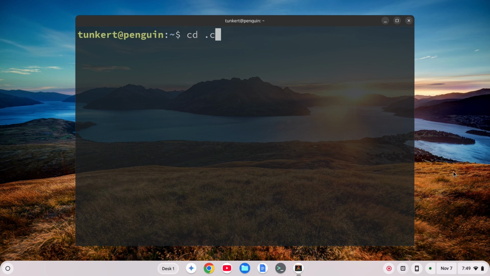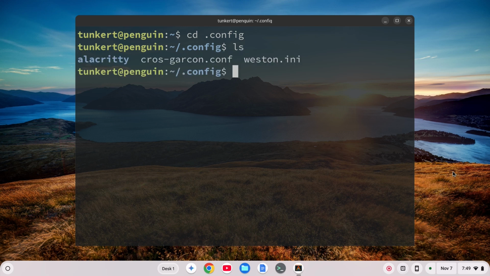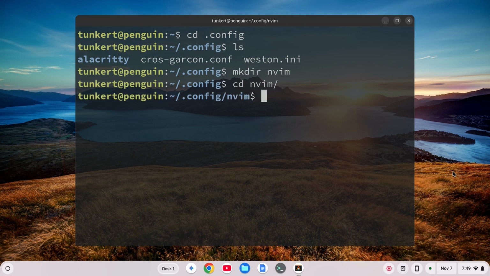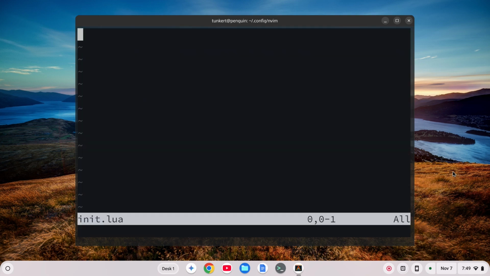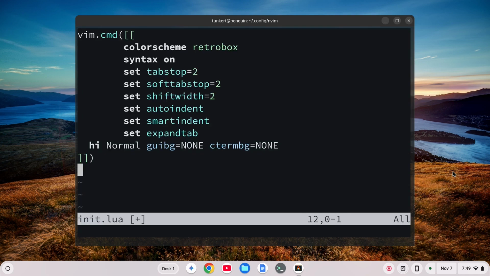I'm going to cd into .config, and then list out the storage here. I want to make a directory called nvim. I'll cd into nvim, and then with nvim I'll create a file called init.lua, and I'll do Control-Shift-V to paste in the contents here, and I want to just do Shift and move this over, and I think I want to, there, okay. Now I'm going to write and quit